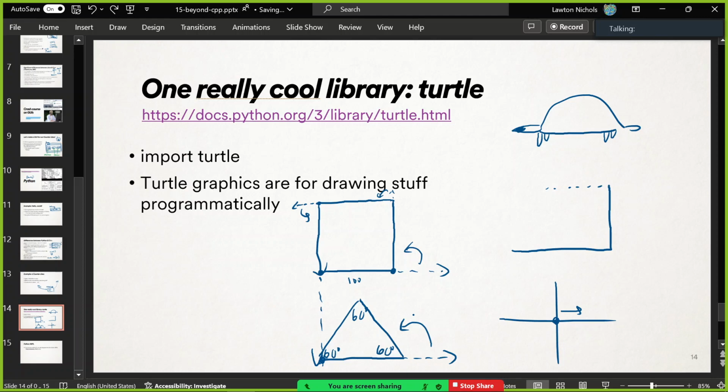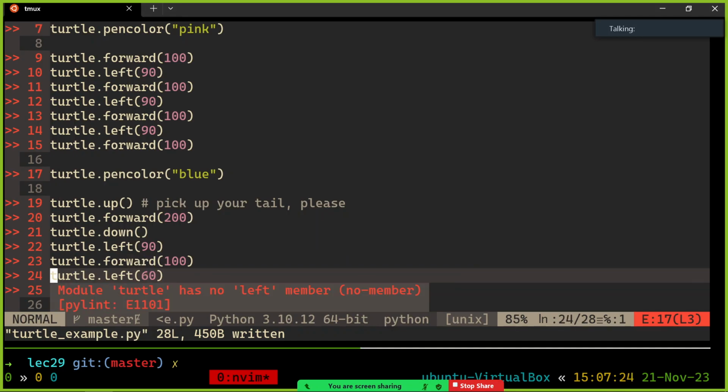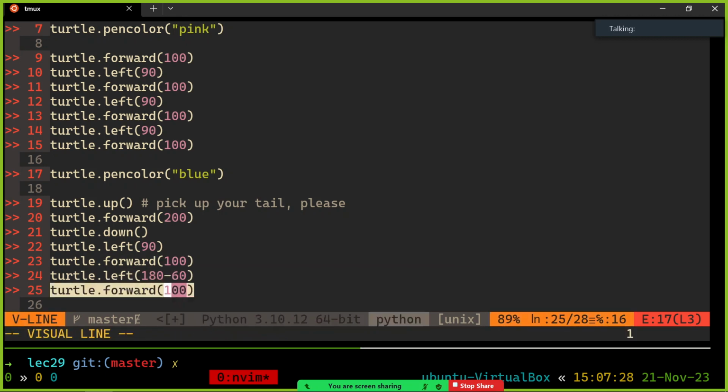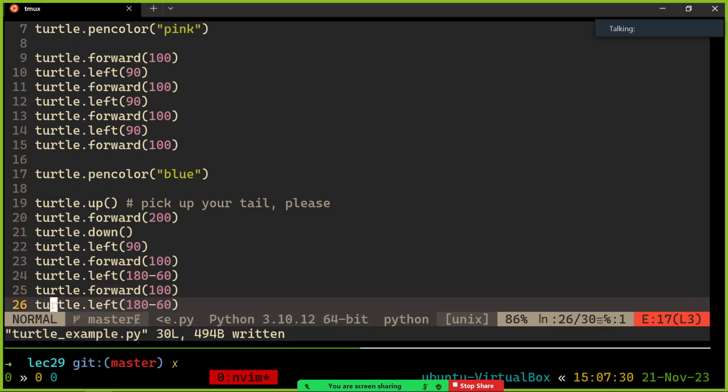Okay. And then the same happens here. Like he's facing this way, you want to turn him 180 minus 60. So that's what you do. 180 minus 60, and then go forward a few things. So this is,